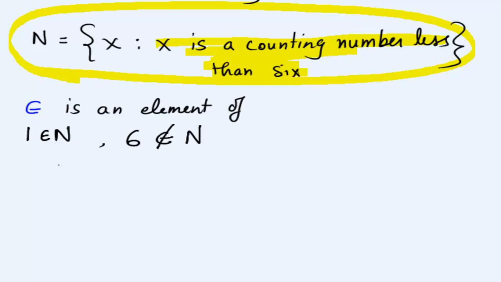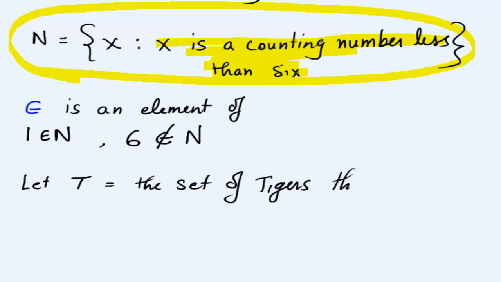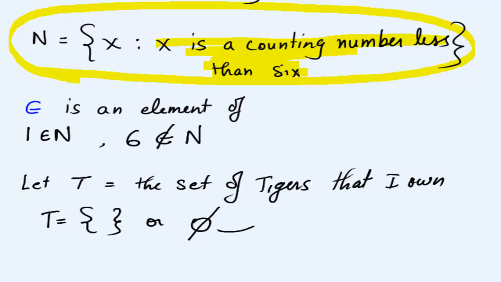To say that, if I let T equal the set of tigers that I own, then T, since I don't own any tigers, is empty. You can write it like that, or we have a special symbol, a 0 with a slash through it, and this means an empty set,